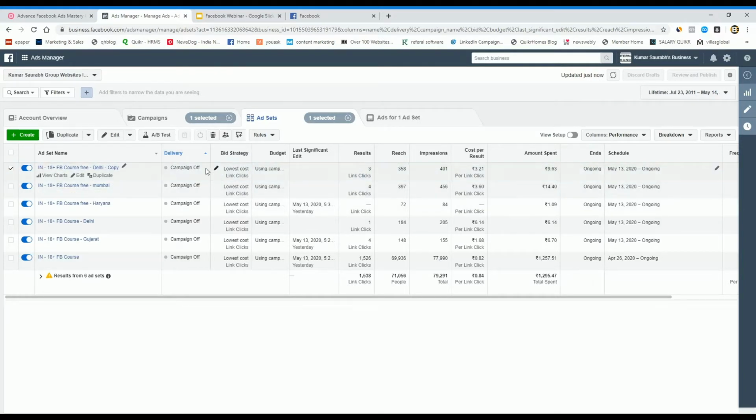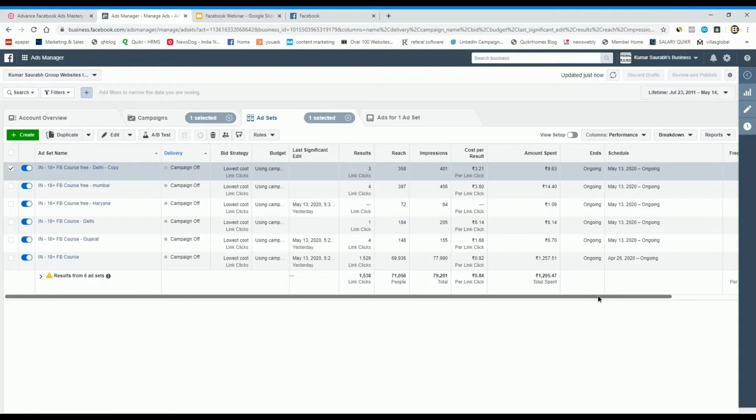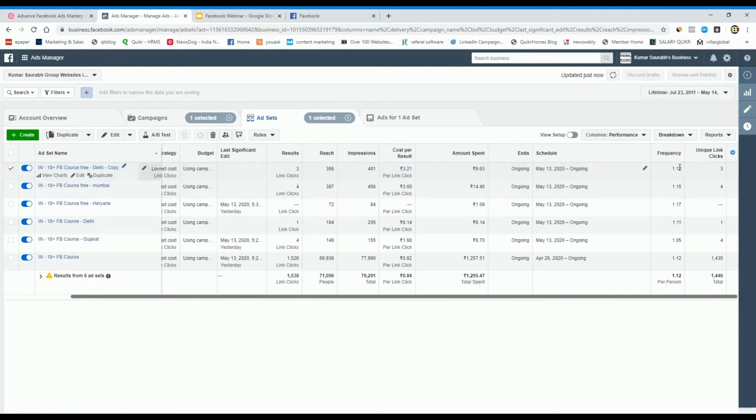Okay, so from here you can check particular ad set result. Okay, then you can check the reach, how many reach there are, impressions, then cost per result. Okay, then you can check how much you spent in a particular ad set. Okay, so this ad is going on, or scheduling date and all. Then you can check frequency, which is all about how many people watched this advertisement again and again, right?